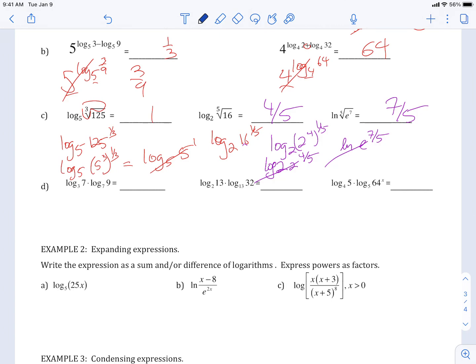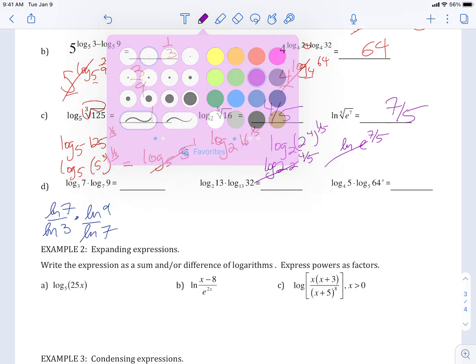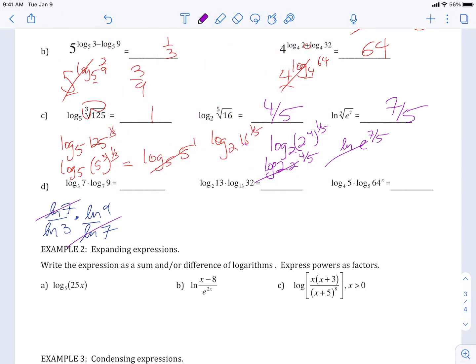So I have log base 3 of 7 times log base 3 of 9. Well, using the change of base formula, because otherwise they have nothing in common, this just becomes, let's say, we'll use natural log. Natural log of 7 over natural log of 3 times natural log of 9 over natural log of 7. And we notice, hopefully you notice, that we have the same thing on the numerator and denominator, so they divide out to 1, and now I'm left with natural log of 9 over natural log of 3,